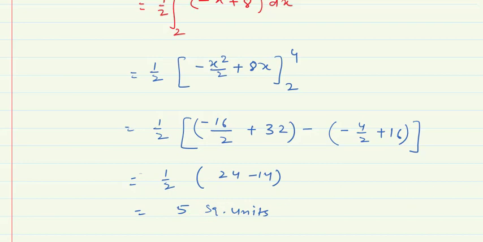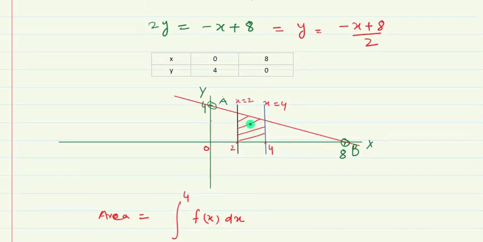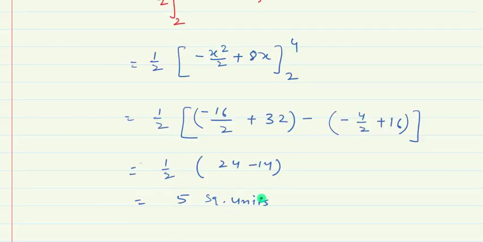So this is how to calculate the area between the given curve. Here the given curve was a line and other lines are for the area between the given lines. So this is how to find out the area. So in this way, simply you can find out the area between the given curve.